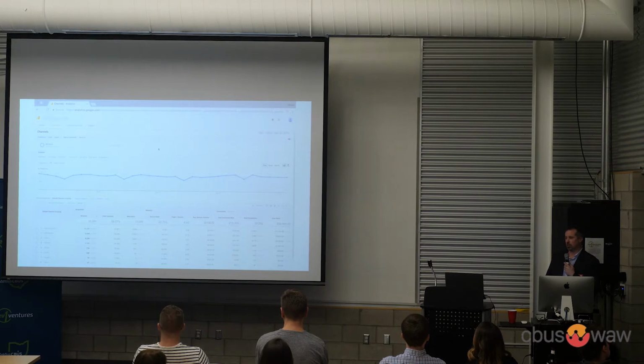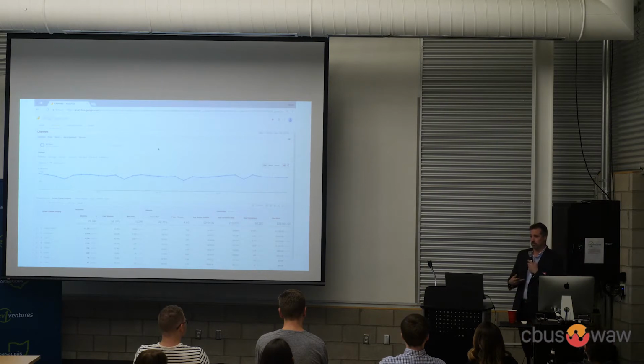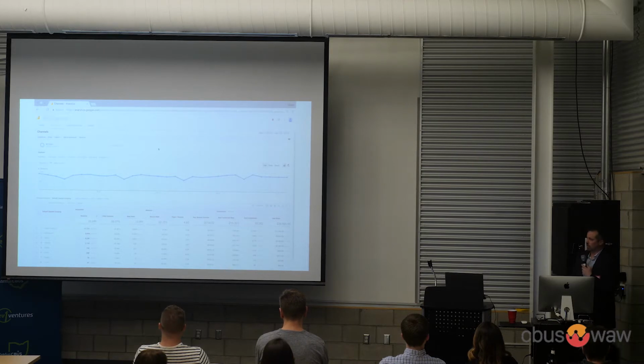So the first thing we had to do is take a dealer's Google Analytics. An auto dealer gets, let's say, 10 different vendors, and 10 different dashboard logins that they have to go to. They inherently rely on Google Analytics. Google Analytics in a lot of ways is very flawed, right? But it's this one source of consistency that a dealer can lean on that, quote unquote, doesn't have any skin in the game, which we all know is not exactly true, but for this case it is. So for us, we said, how can we make this easier for an auto dealer to look at on a regular basis and make some advertising decisions based off of it?